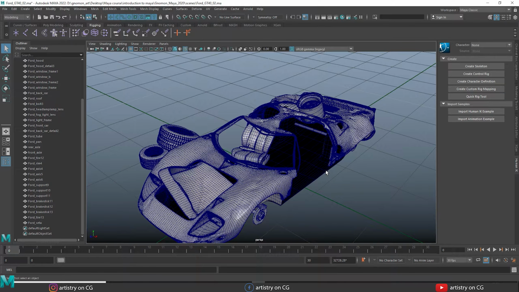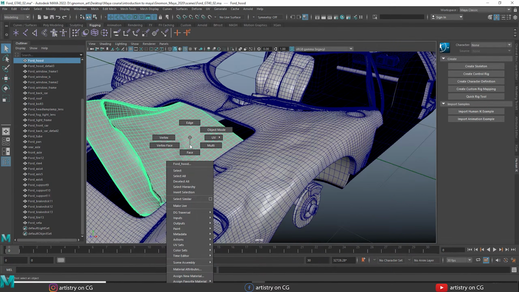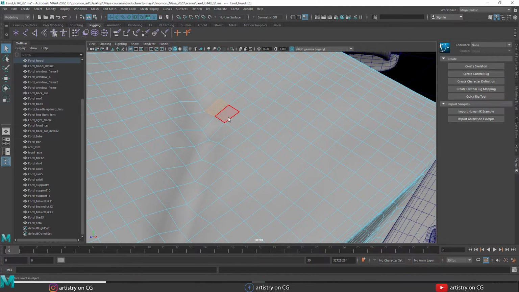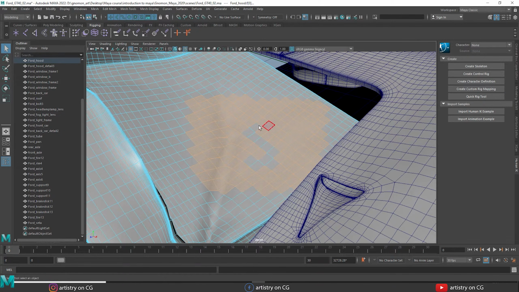Now let's see how we select and deal with components. Let's select a face and then select another face. Here you can see my first face selection is deselected. So press the shift key and then select another face, and keep adding faces to my selection. Now if I hold shift and drag the selection over faces, you can see my previously selected faces become unselected and all the other faces get selected.